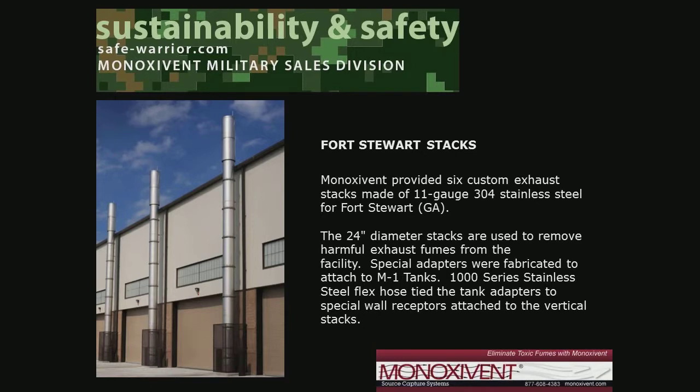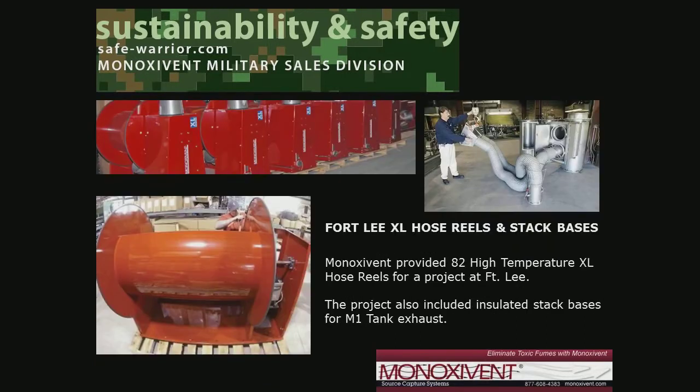Basically, we created a box that fits over the louvers. If you look in the middle picture to the right, you'll see Eric Swanson with this box in his hands, and that box fits over the louvers, and then each tank has its own bay. Each bay has its own hose system. So as the tank is pulled in and started, the box fits over the adapter, and the exhaust,